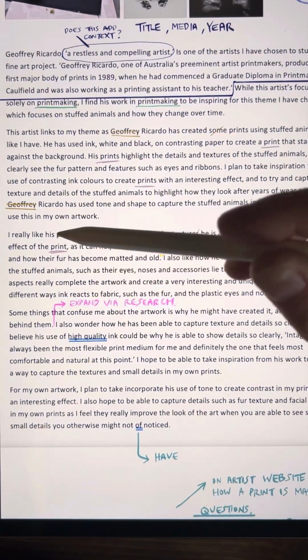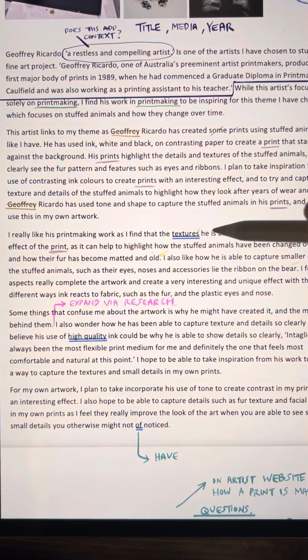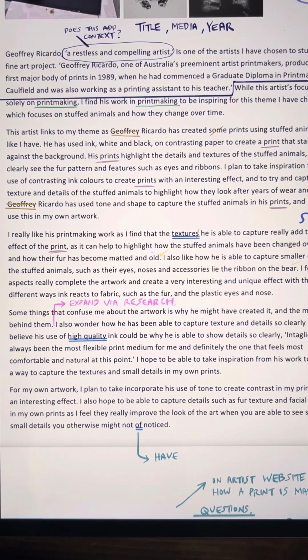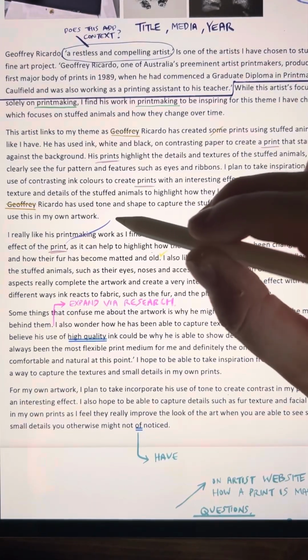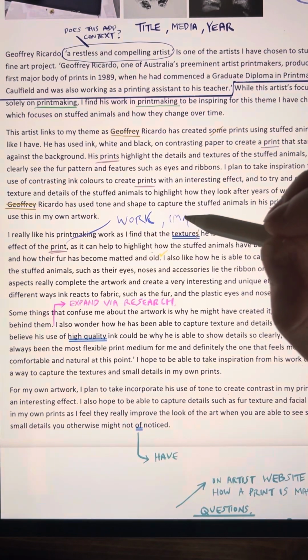Okay. I really like his printmaking work, and I have found that the textures he is able to capture really add to the effect of the print. If you keep saying print, you could change that to work. You could change it to image,